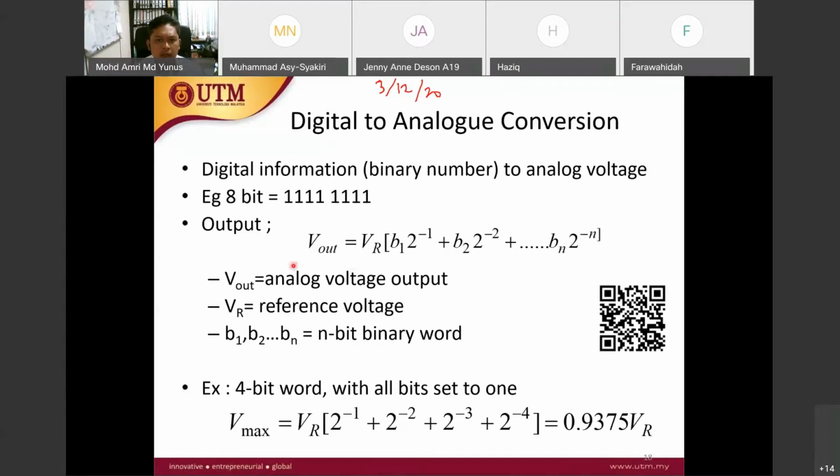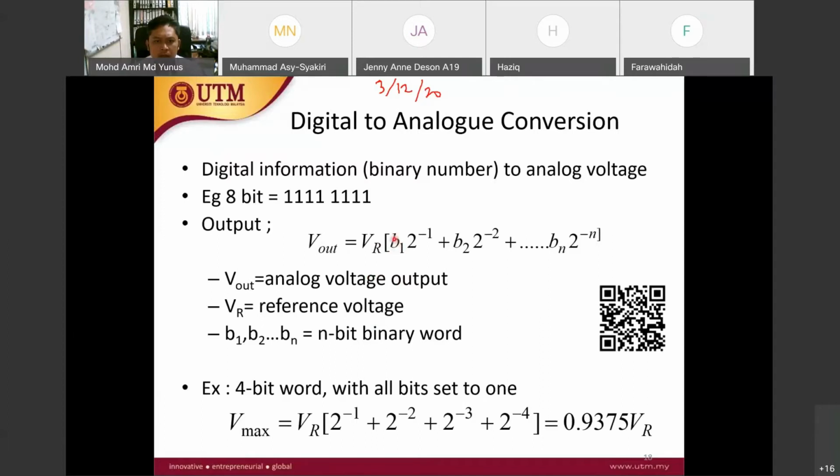this equation basically shows you that the analog output is equal to the reference input of the ADC multiplied with the digital input in binary. Okay. So the analog output, so we are talking about digital to analog, can be estimated by this equation. Okay. So VR is the reference voltage given to the digital to analog converter, and B in this equation,